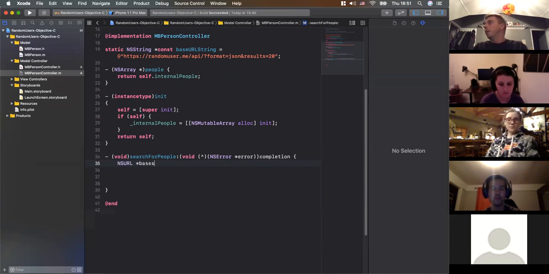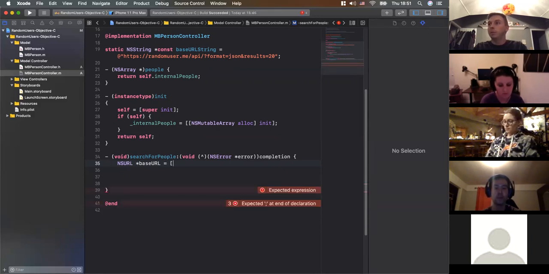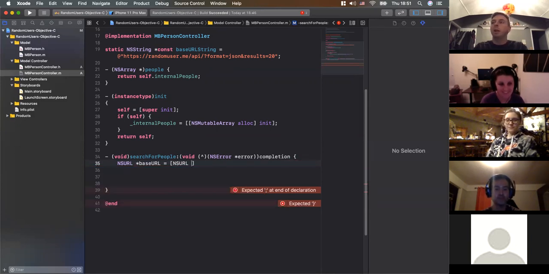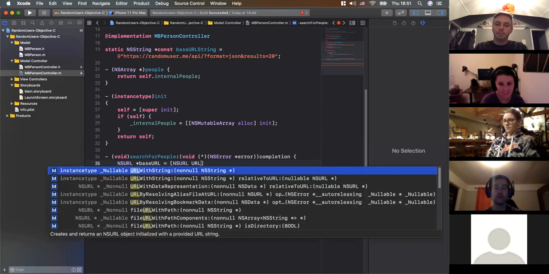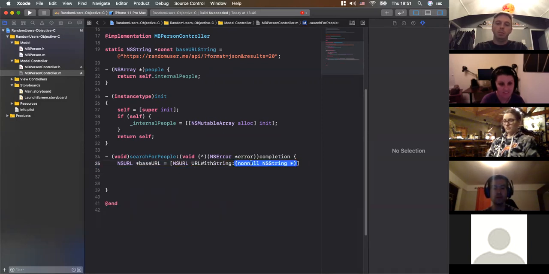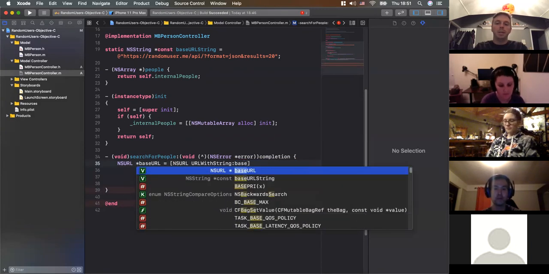Okay, so base URL, and then we're going to turn our base URL string into a URL. Oh, that sounded so redundant. I'm sorry that I didn't word that well for you guys. But the way that we do that is square brackets, NSURL, and then there's a property called URLWithString. We don't care about this relativeToURL one. We just care about passing in this. So in here, we're going to pass in our baseURLString,